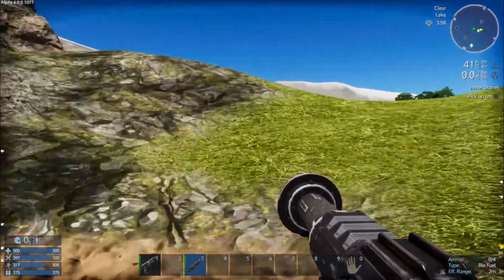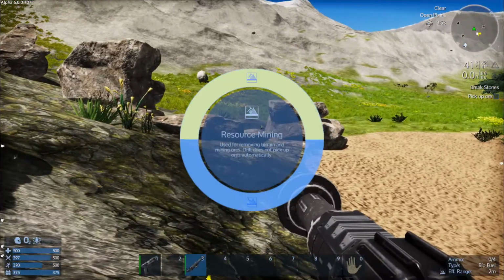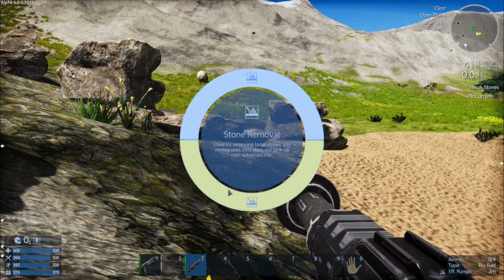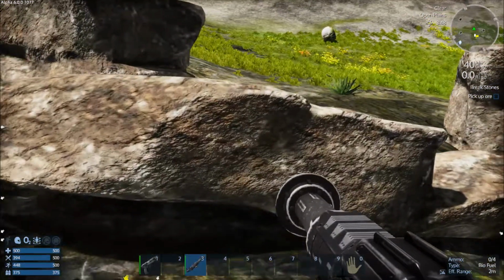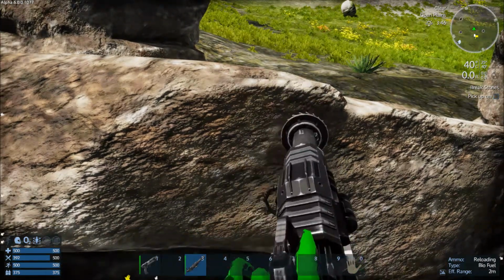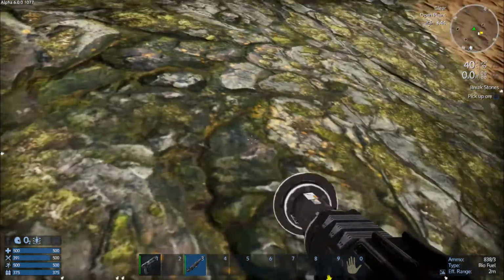Also, the new menu on the multi-tools allows us to harvest the rocks, as you can see. We'll go ahead and right-click, and we see resource mining and stone removal is what we actually want. We'll go over to these stones here and begin to drill them. Guess I should reload the drill first, of course. Start banging away. When it disappears,